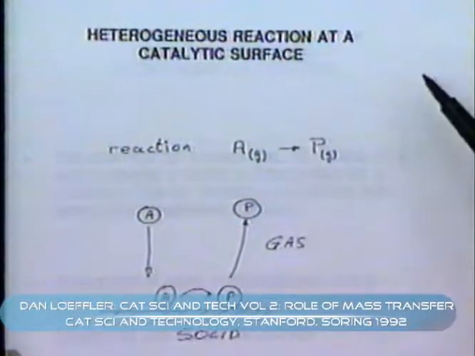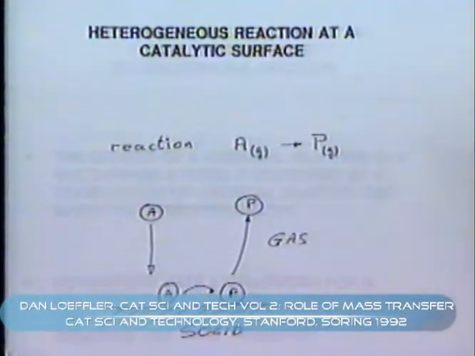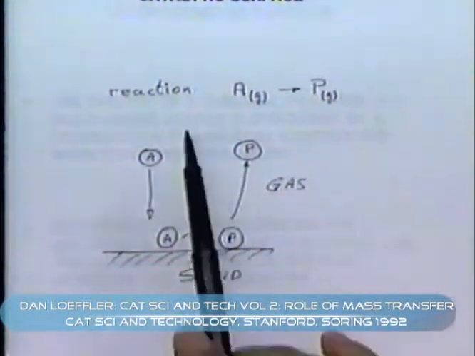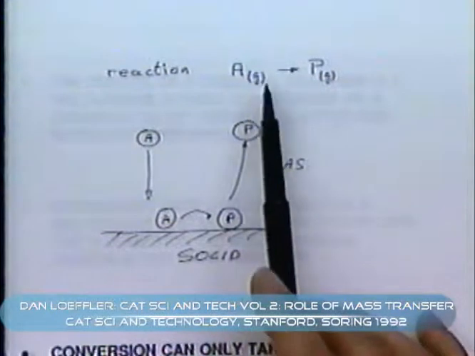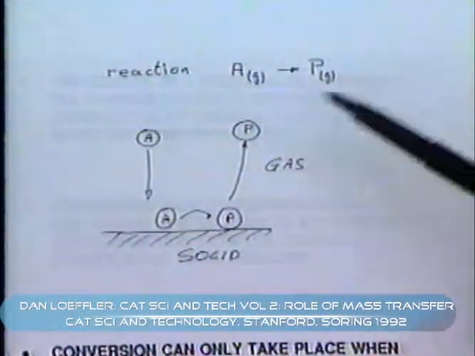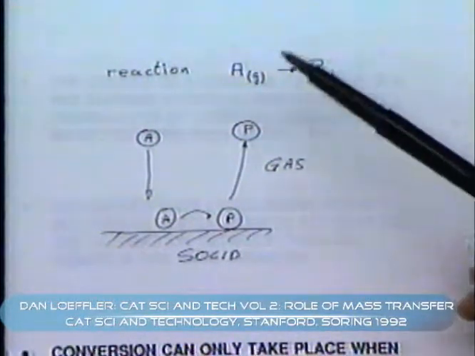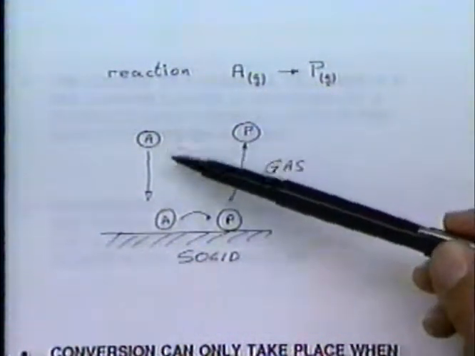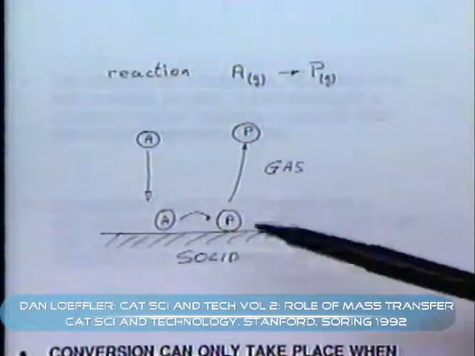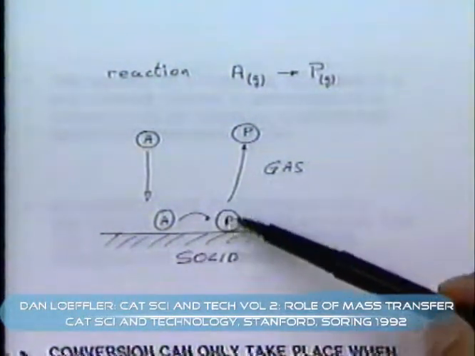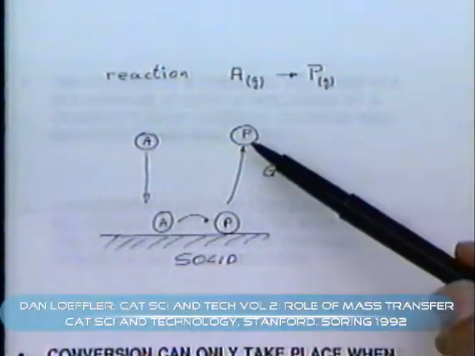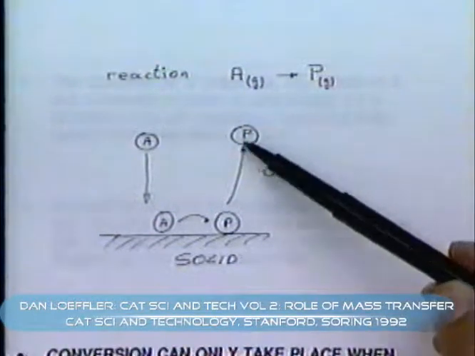Specifically, we are going to talk about heterogeneous reaction at a catalytic surface, and we are going to consider the ideal reaction. A in the gas phase goes to products in the gas phase also. In order for this reaction to go on, the reactant A has to reach the surface of the solid catalyst. It has to react to products P on this surface, and then it desorbs and returns to the main gas